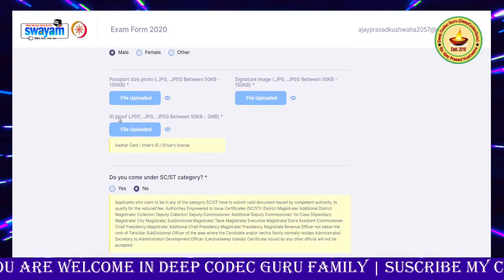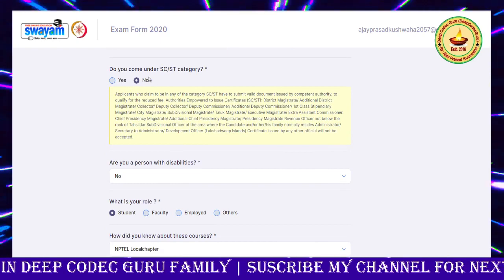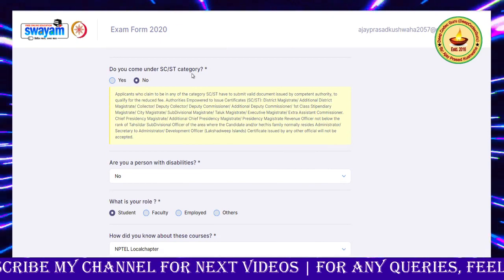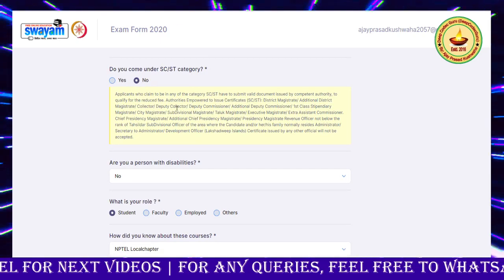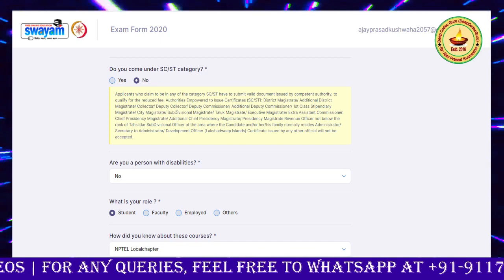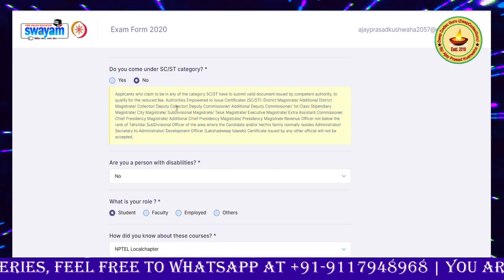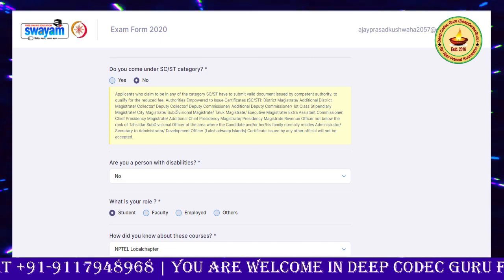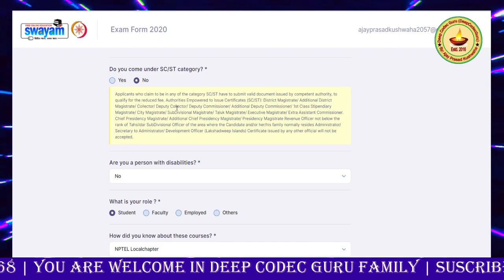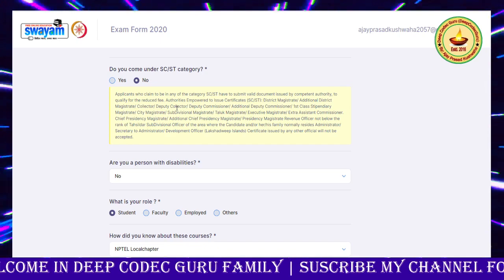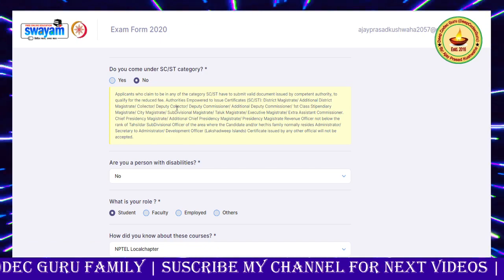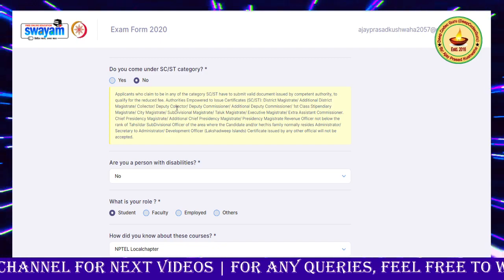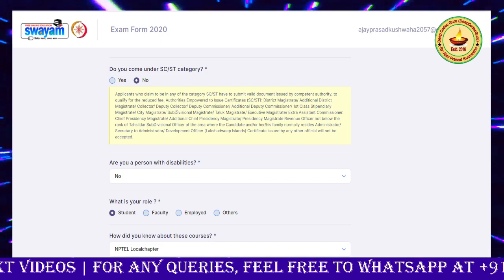Then after you select all those things, you go for the SC/ST category, and only if you really belong to this category should you go for this option, otherwise don't. If you produce any fake information and fake document and apply, then NPTEL will review and cross check the document, and once they detect that you are not an authorized person, that you don't have the right, or the document has faulty information, then they will cancel your exam, and you will not get any refund. So your money will be wasted, and you can't even write the exam. So don't go for it.